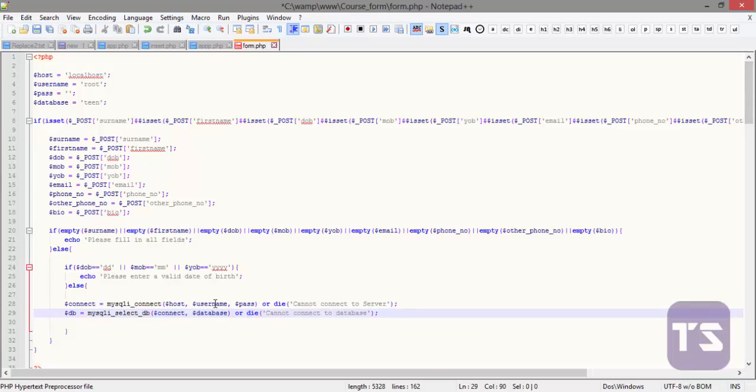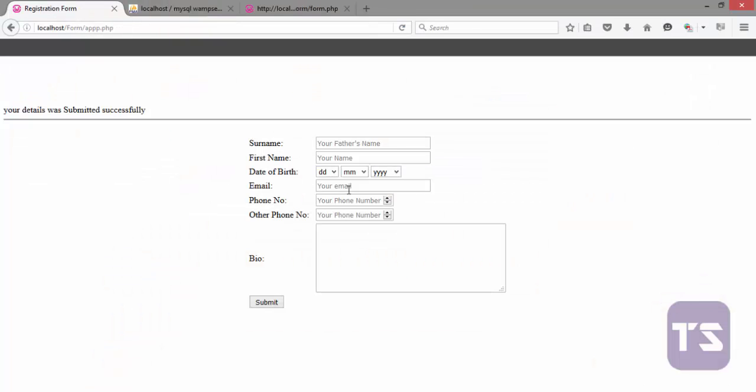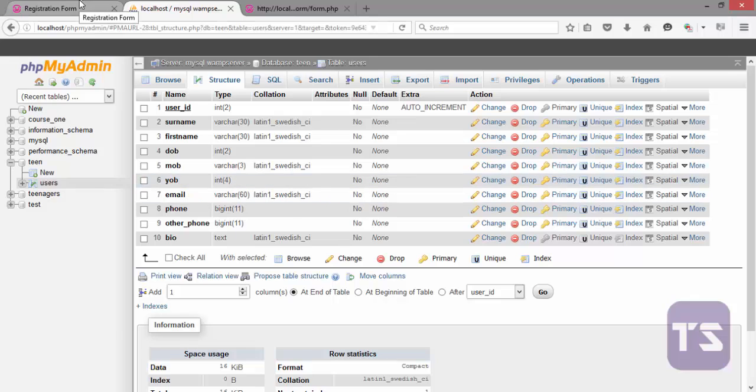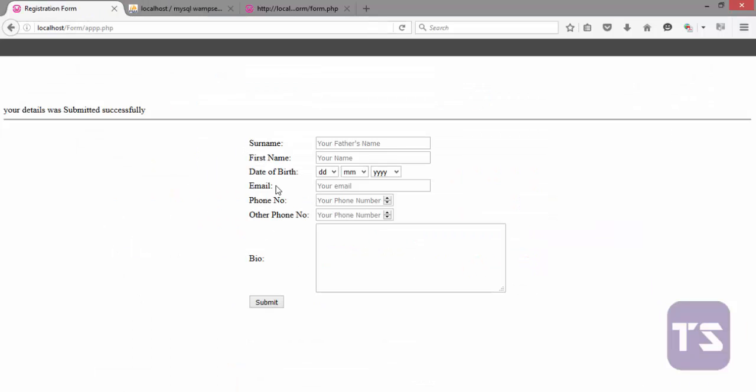But if it passed this line and it also connected to the database, then what we need to do now is to feed it with what we want it to do. We want it to actually get the values from our input fields right here, and then send it to our database right here. So when we come back in our next video, we'll see how we are going to do that. But for now, just take a look at the code, and I'll see you in the next